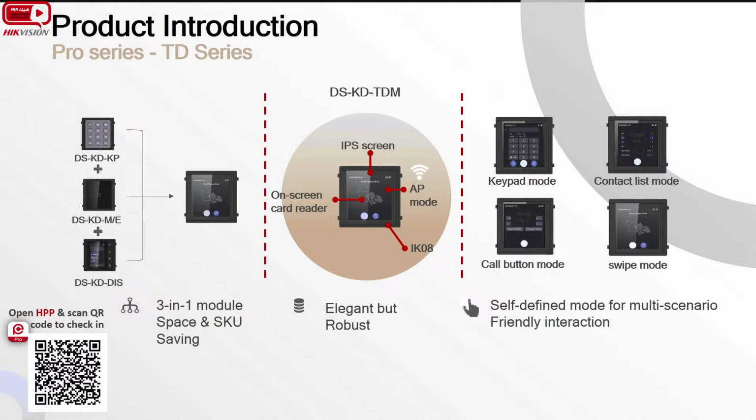Let's take a review. For the indoor stations, we have 3 kinds of series: Value, Pro, and Ultra. For the Ultra, we have the 9 series, which is the highest product. We have the 9310 and 9510, supporting Android systems. With Android systems, we can install third-party applications. And for the next part